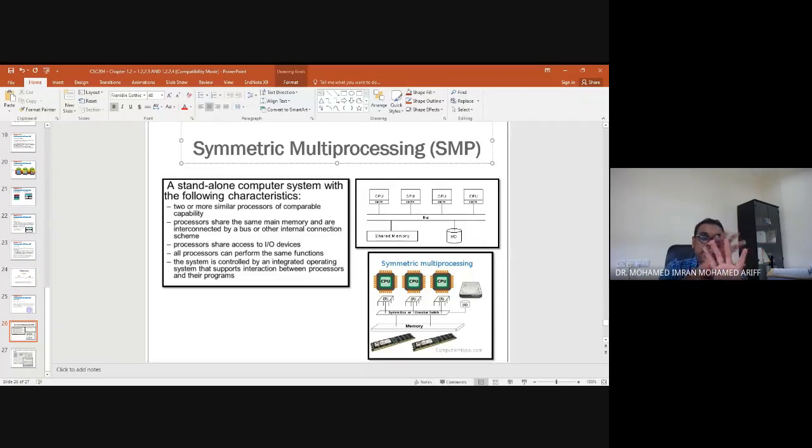Okay, 5 people. In asymmetrical multiprocessing, there must always be one master, ketua dia lah. So dalam 5 orang ni, you choose one ketua, ketua nombor 1. So ahli nombor 2, 3, 4, 5, the second, third, fourth and fifth become what we say as a slave. Hamba abdi lah.